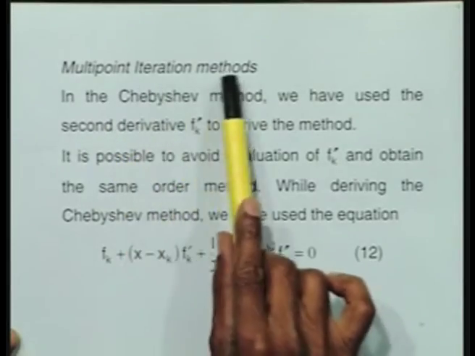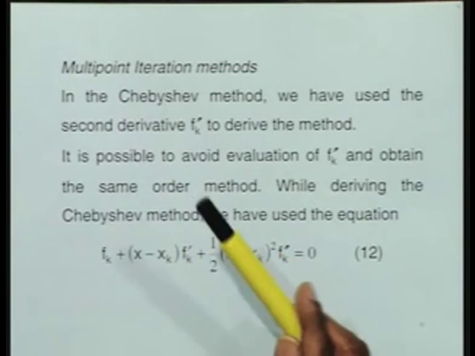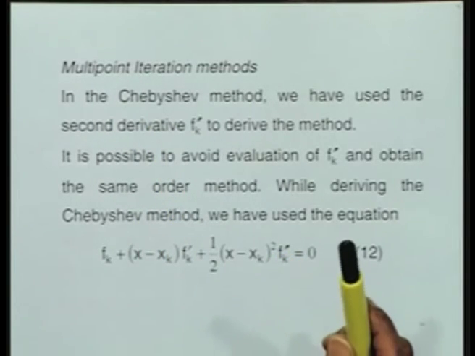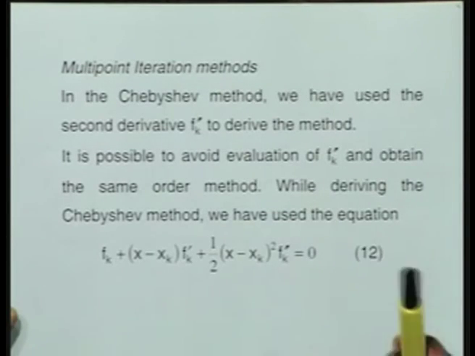I will evaluate one more first derivative. That means I will have two first derivative evaluations and one function evaluation, and at the same time achieve third order accuracy. That is the order of the Chebyshev method. Such methods are simple manipulations, but they are called multi-point iteration methods. Why it is called multi-point is trivial. We are evaluating f prime at 2 points. So, it is a multi-point, more than one point is being evaluated.